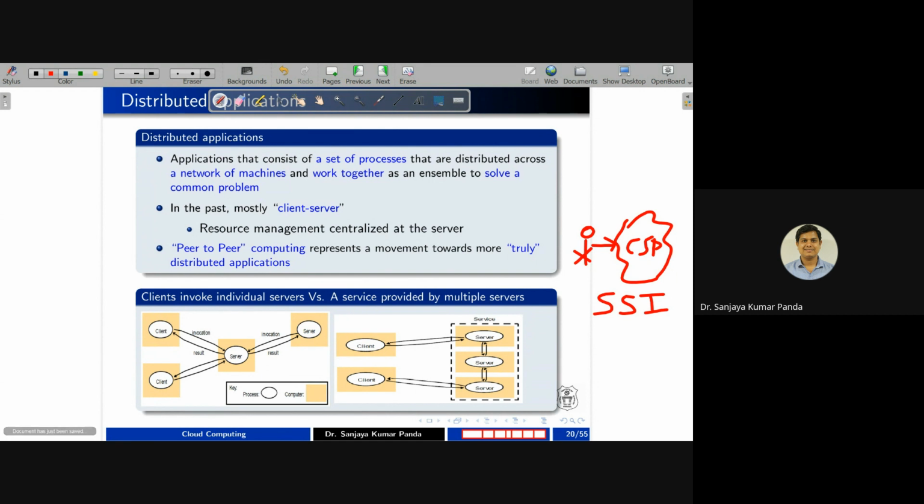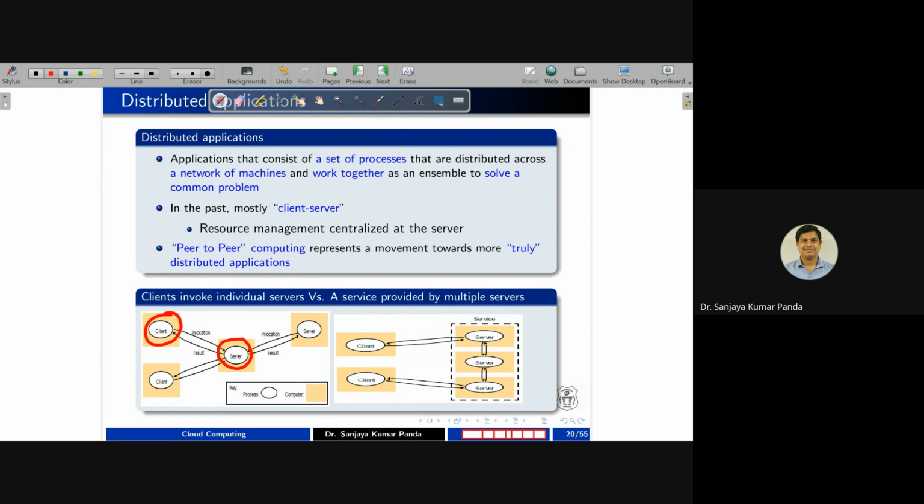These types of computing are sometimes called peer-to-peer computing. Every computer is a peer, communicating with other peers. That's why we call it peer-to-peer computing, and it is a distributed computing application. Here you can see, if you compare peer-to-peer computing with the client-server architecture, both come under distributed computing. For example, a particular client wants some kind of resource. So the client makes a request to a particular server. That is called an invocation, or a request. We call it request-response, or invocation and result.